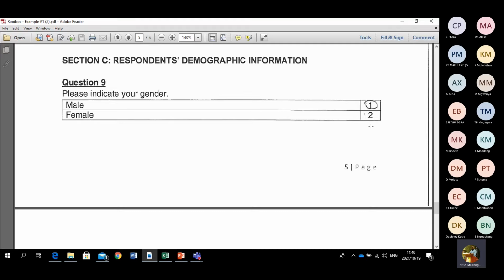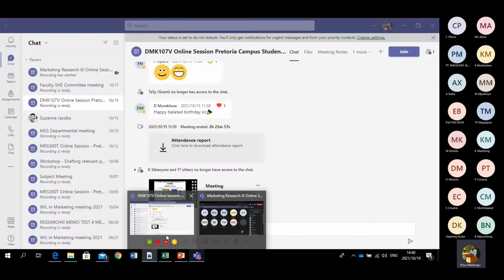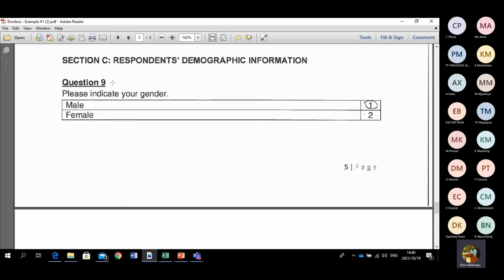So imagine if we did not have these numbers, and it was saying indicate with a cross. It means after we've collected the data, we would also have to do coding whereby we indicate number 1, number 2, and we have to redo that. So putting numbers in is called precoding actually, but we're going to cover all the rest in this chapter today. So for example, once we know that question 9 in this case was indicating, please indicate your gender,